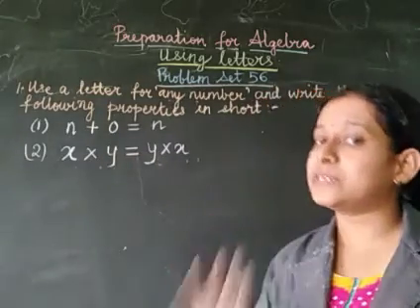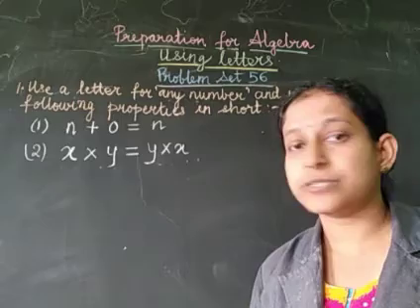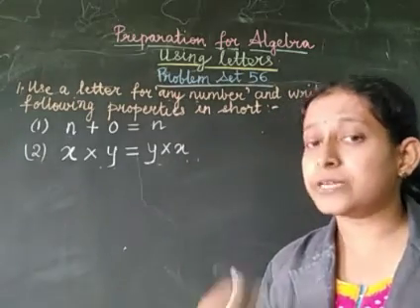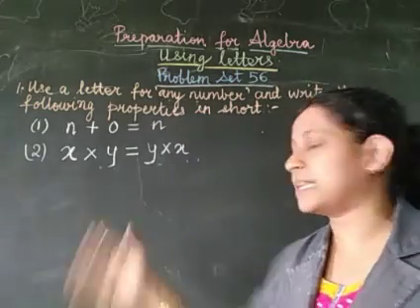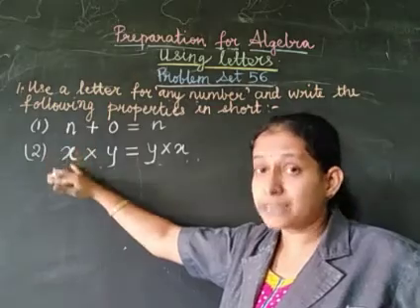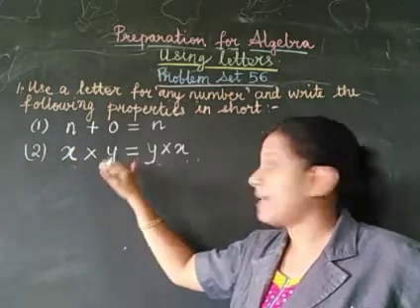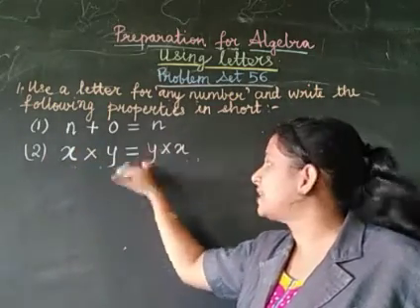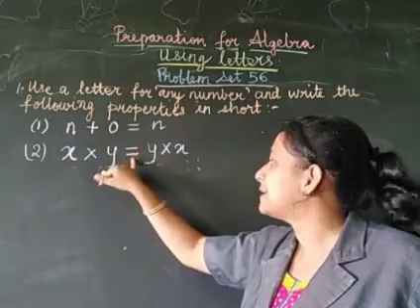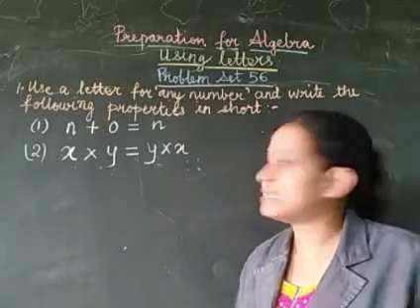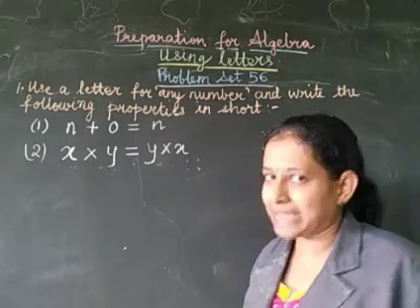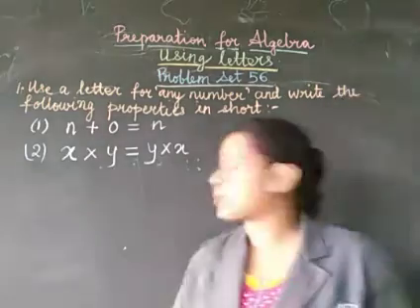Fine. So you have learned that 3 multiplied by 4 is equal to 12. Also 4 multiplied by 3 is equal to 12. So instead of 3 and 4, we have taken letters here. So the product of the two numbers and the product obtained after interchanging their order is the same. Same means they are equal. Therefore we have written this as x multiplied by y is equal to y multiplied by x. Fine. Let's go for the third question.